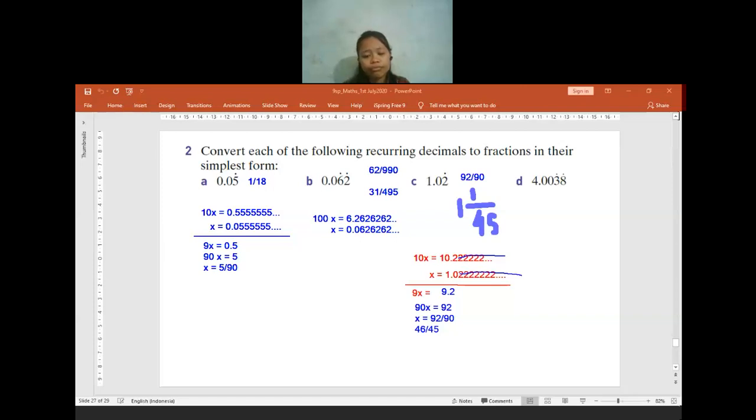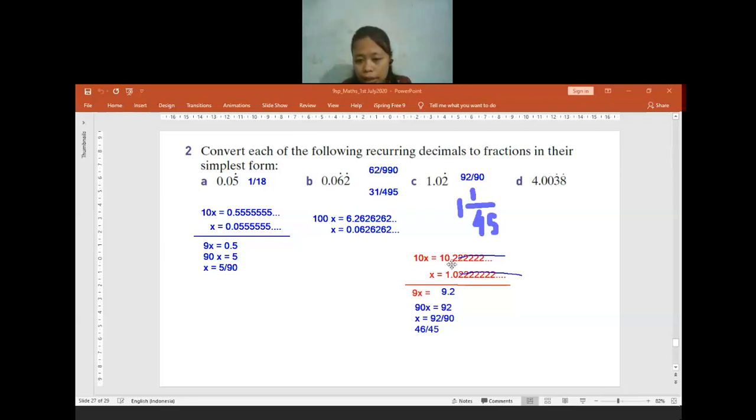No difficulties, teacher. Okay, so after you change every simple recurring decimal into the long one, you need to check how many digits are repeating. It's only the number 2 that is repeating, so it means 1 digit. If 1 digit, we need to find 10x. So I will just multiply 1.02222 by 10. I will get 10.22222. After that, I just need to subtract them to cancel out all of the decimal numbers.